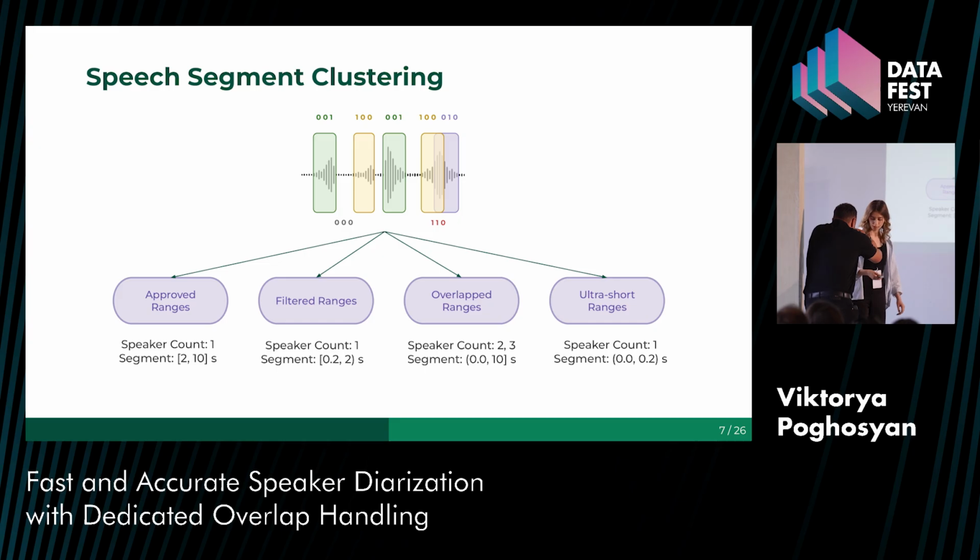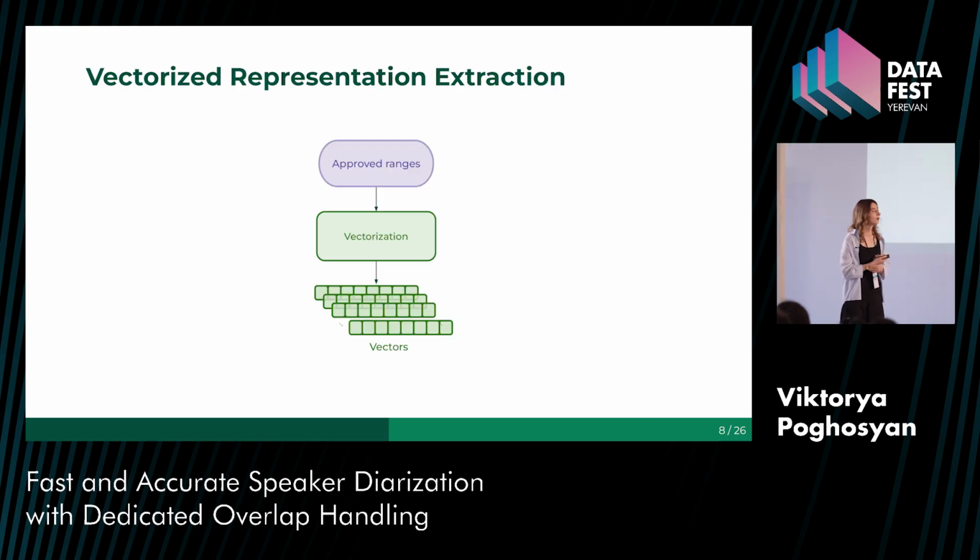Can be up to 10 seconds. And finally, ultra short ranges, whose duration can be up to 0.2 seconds. Once we classify our ranges, we select approved ranges and pass them through the vectorization model, which gives us corresponding vector